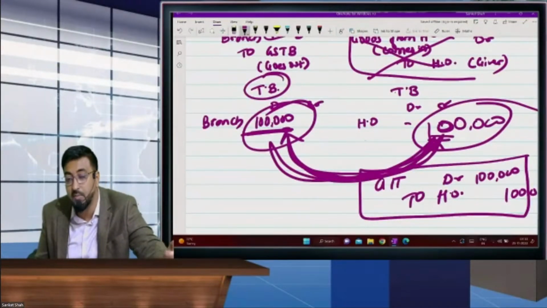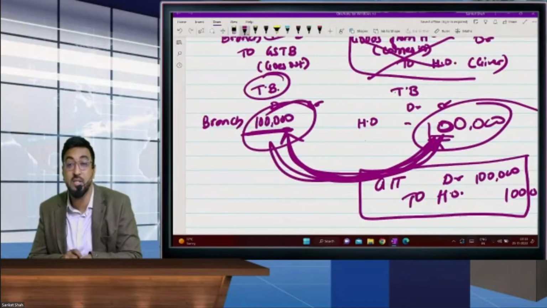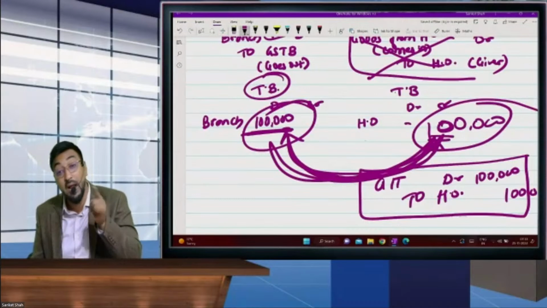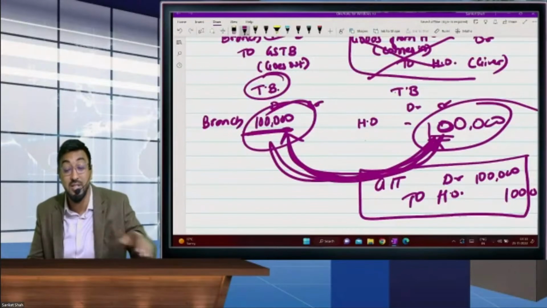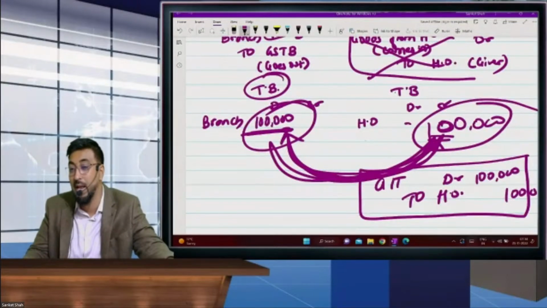तो RICO entry मतलब क्या होता है कि यदि balances mismatch है, HO ने एंट्री करके रखा, ब्रांच ने एंट्री नहीं किया, या ब्रांच ने एंट्री किया और HO ने एंट्री नहीं किया, तो भाई साहब अपने अपने बुक में ये बैलेंसेस मैच नहीं होंगे। HO के बुक्स में ब्रांच का अकाउंट मैच नहीं होगा, ब्रांच के बुक्स में HO का जो बैलेंस बता रहा है वो मैच नहीं होगा। और ये मैच करने के लिए कविता हम लोग क्या करते हैं? हम लोग रिको एंट्री पास करते हैं। आई होप नाउ यू गॉट दिस।